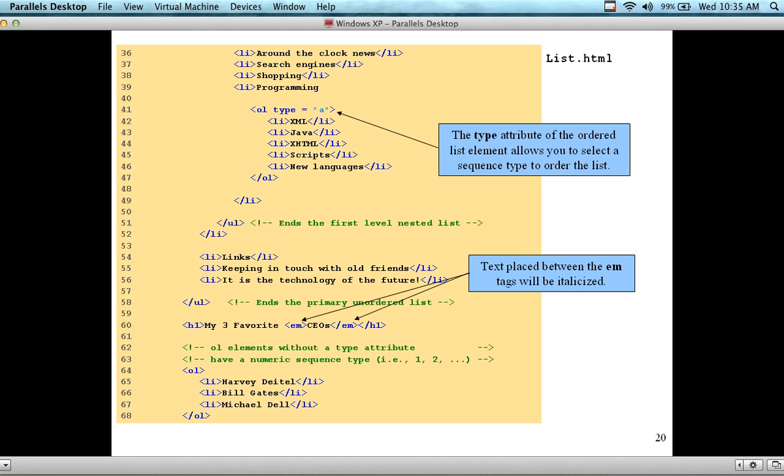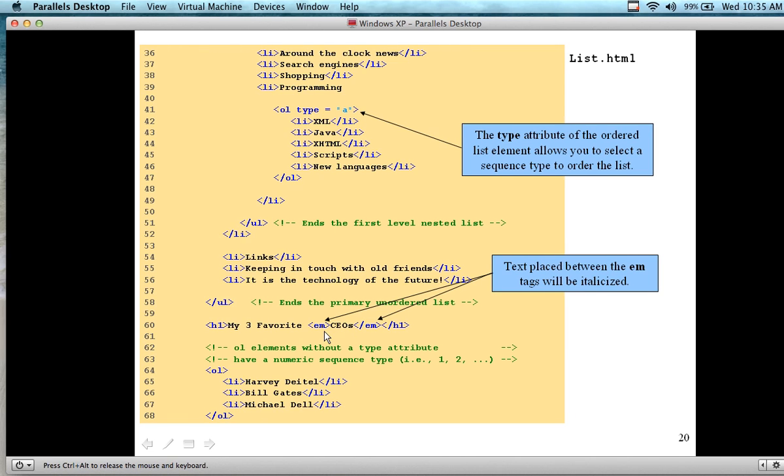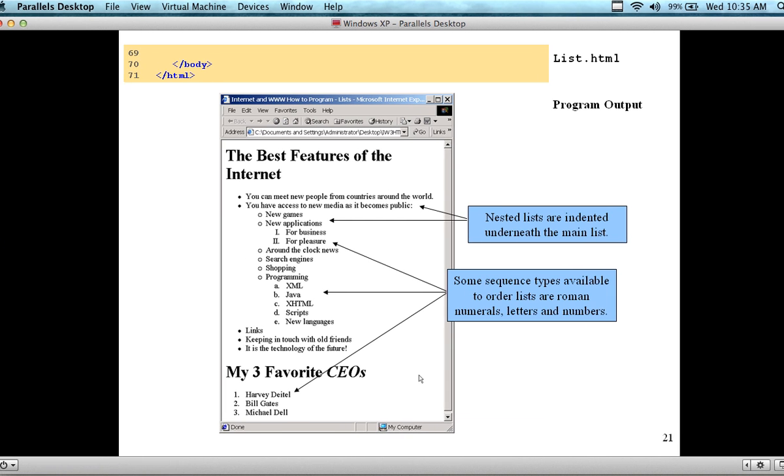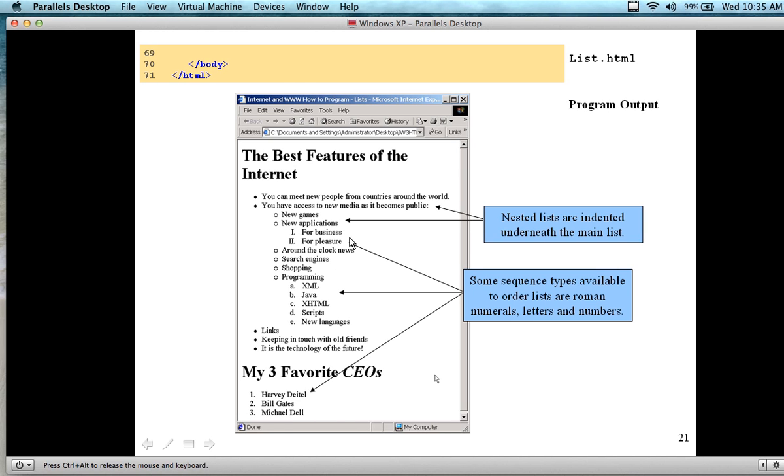So let's see, we also have down here, the text placed between the EM tags is italicized. So we can have CEOs here, italicized in here. EM is what that's standing for. That's a new tag we haven't seen so far. And lo and behold, here we have the finished product where we're using regular old bullets in the outer